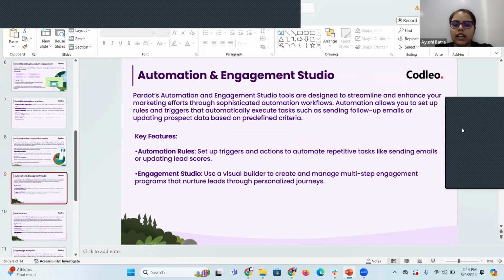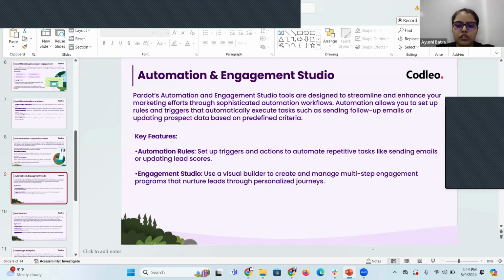Suppose you are sending out marketing promotional emails, and you want a follow-up email to be sent after every 3 days. You can automate this task so that you do not miss any, and then update the prospect's data based on predefined criteria.